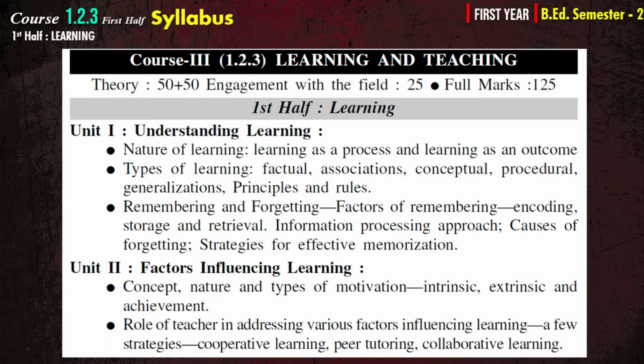In unit 1, you have to read understanding learning, that is nature of learning, learning as a process and learning as an outcome, types of learning: factual, associations, conceptual, procedural, generalizations, principles and rules. Remembering and forgetting, that is factors of remembering, encoding, storage and retrieval, information processing approach, causes of forgetting, strategies for